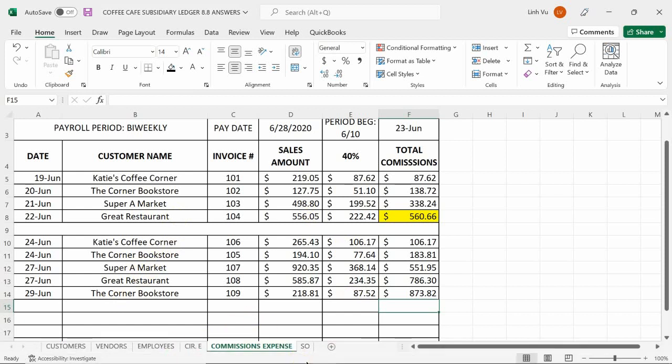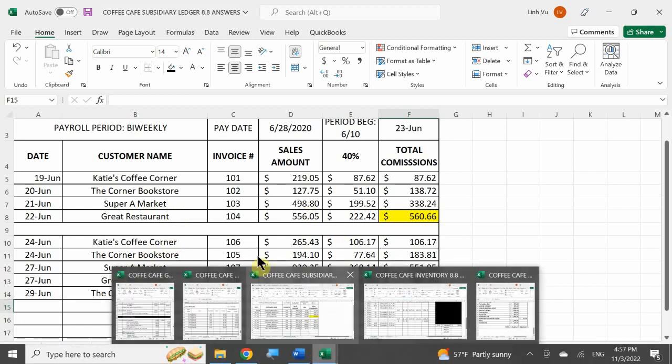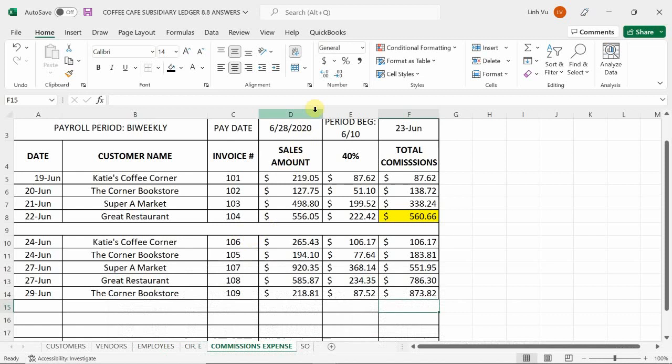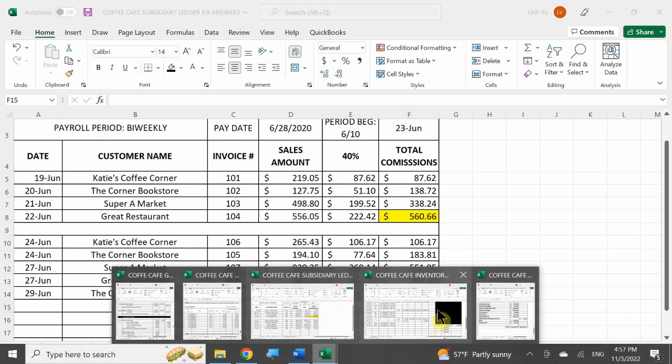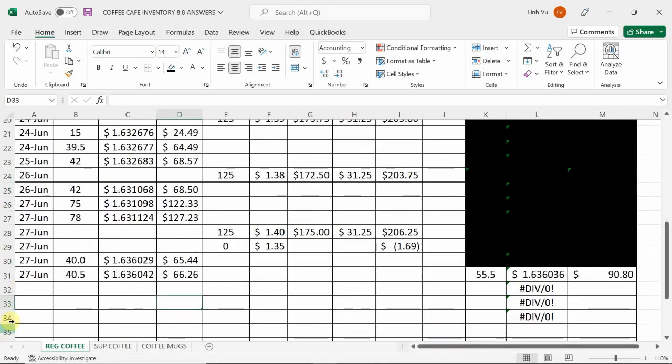All right, so let's see what's next. So we did the journal, we updated the ledger, we updated the subsidiary ledger and gave Albert his commission. So now we need to update the inventory, right? Because we end up selling